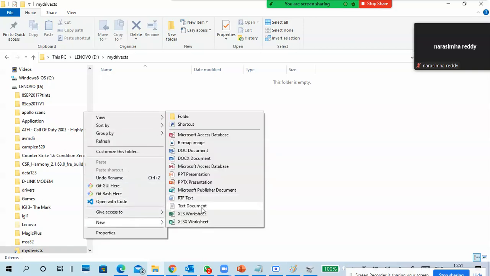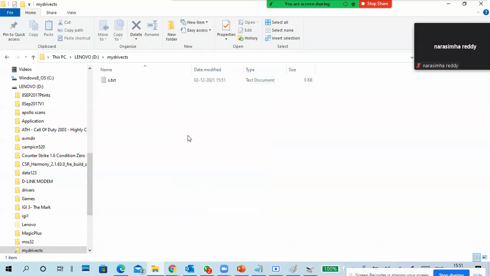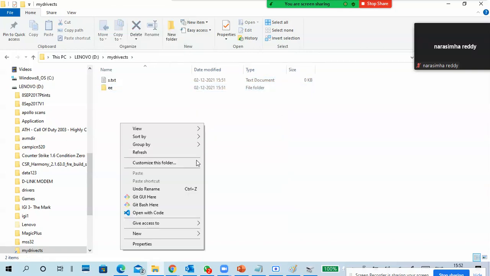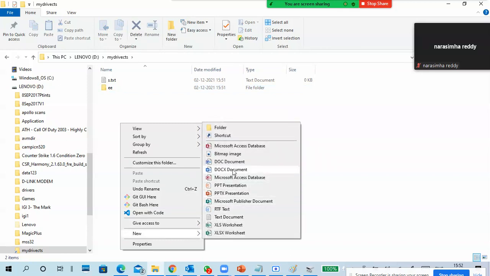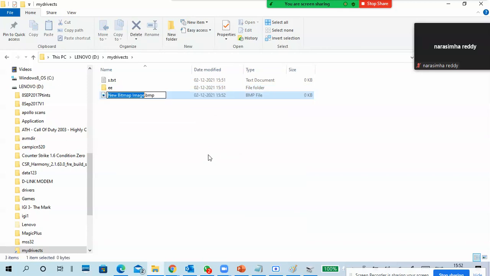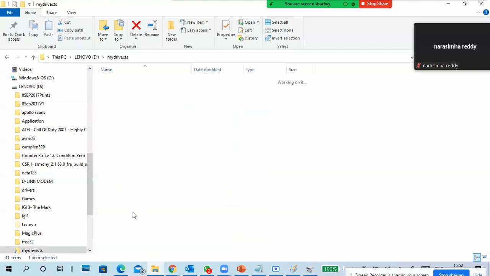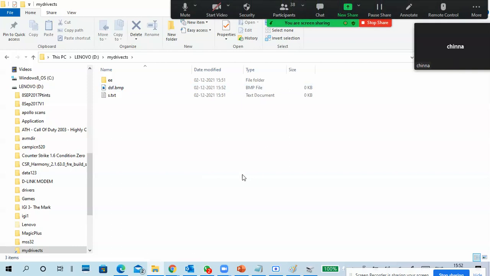I'm creating some files, something like a folder, some bitmap image, nothing much. So I created data, and where is the data stored? Actually, the data won't be stored in this newly created folder.